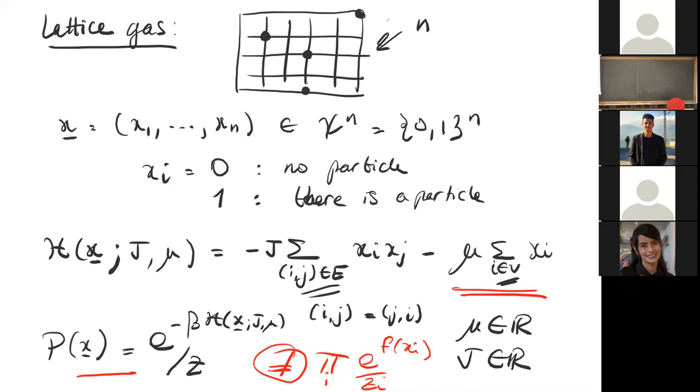You see this minus sign simplified with this minus. So I think what I said was correct. So this term, when J is very positive, it tends to cluster the particles, while if it's very negative, it tends to repel the particles. Okay? And so now if you consider mu and J that are of the same order, so they both matter